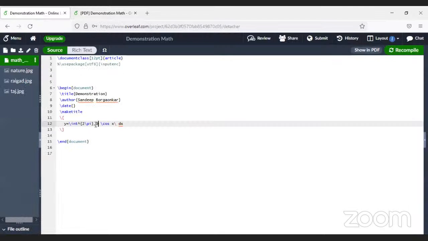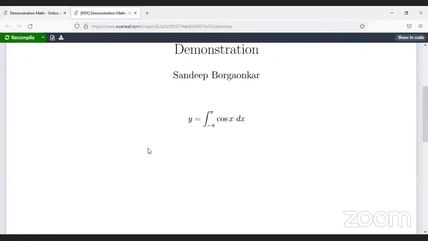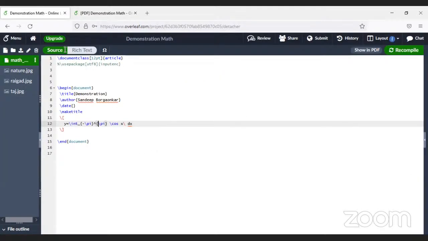So whatever lower limit is there, you give underscore, and whatever higher limit is there. But it is good practice to first write the lower limit, then write the upper limit. So underscore 0 and then upper limit. Of course, if you have a bigger expression, then of course you have to give the curly bracket. Let us say minus pi to pi. So y equal to integral minus pi to pi cos x dx. So I hope you are now comfortable. Maybe you can take 1 minute, try a few things. Then we'll go to